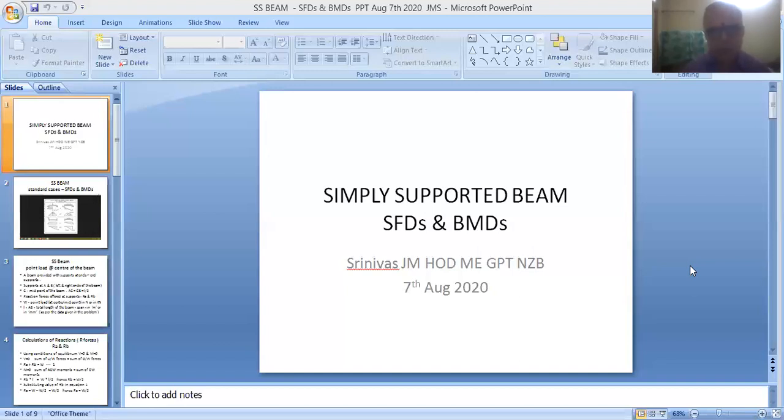So in this section, we have to construct shear force and bending moment diagrams for point load acting on a simply supported beam. And also we have to construct diagrams for UDL or uniformly distributed load, which is acting for the entire length of the beam. So friends, we are going to discuss these two topics in this session.